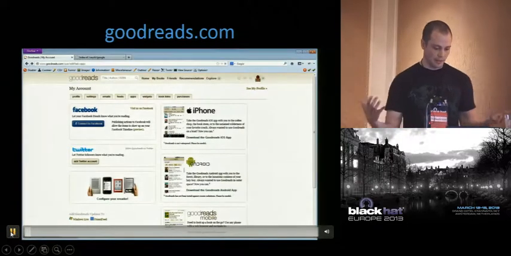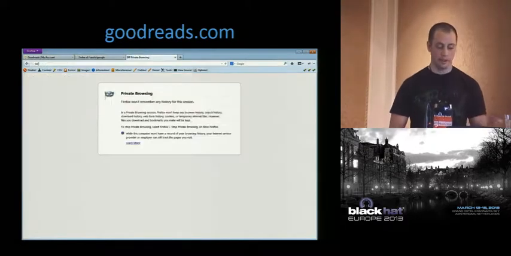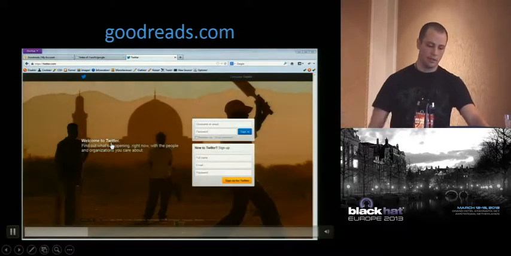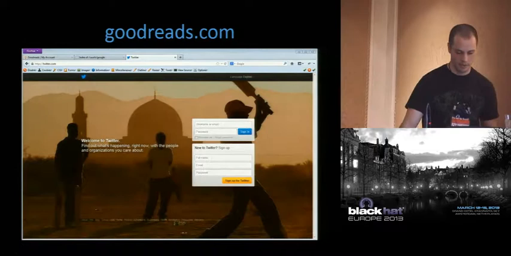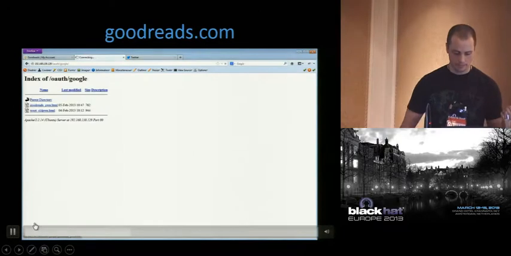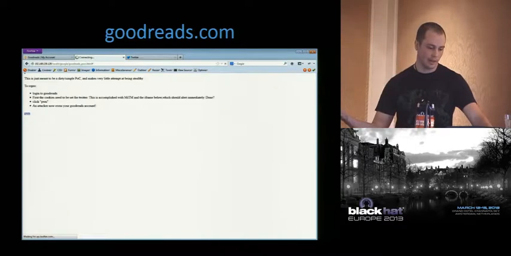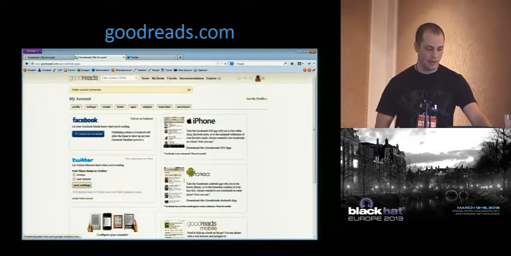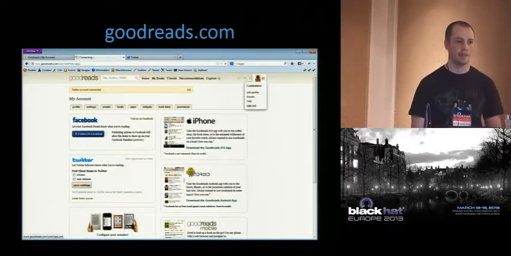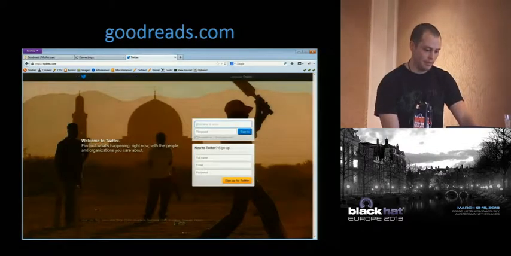So in this example, even though it's all over HTTP, so it's not that interesting, I just show that you can log into Twitter and do the same thing. First, I'm not logged into Twitter. I don't have a Twitter account for this example. But then I visit a malicious page, and I'm in the middle. Because I'm in the middle, I can write cookies to Twitter, log the victim into my attacker Twitter account, and associate these requests and tie my attacker Twitter account to the victim's Goodreads account. Okay? So it's the same attack.